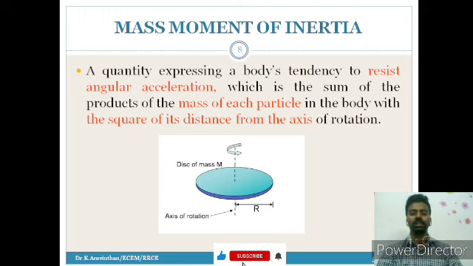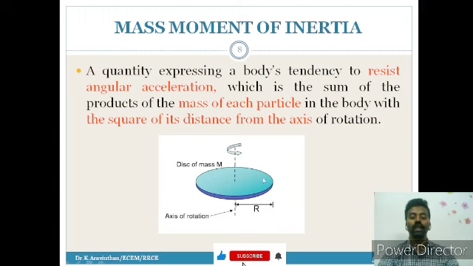The moment of inertia is, you can see a disk here. This is a disk, and the total mass of the disk acts at the centroid. So this is the centroidal point. Through this point you have an axis. So this is the centroidal axis, and this is the radius you can see. From the axis you can see the extreme radius r. So a moment of inertia mathematically is said to be mass into the distance from the axis of rotation.